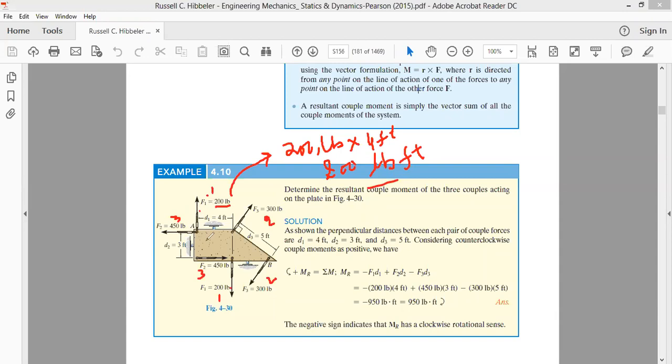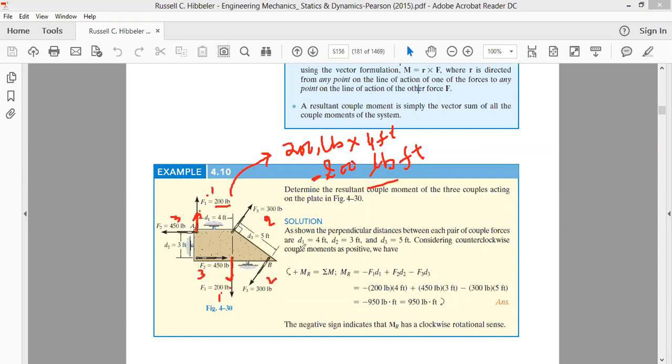What is this F and this F trying to do? If you put one hand here and apply force in this direction, and put your other hand and apply force in the other direction, then you will see that the effect will be to move this entire system in the clockwise direction. Just assume this to be a piece of paper. You keep one hand here, another hand here, and move them as you rotate the steering wheel of a car. You'll find it's trying to rotate it clockwise. By the way, throughout the course we'll be taking clockwise couples as negative